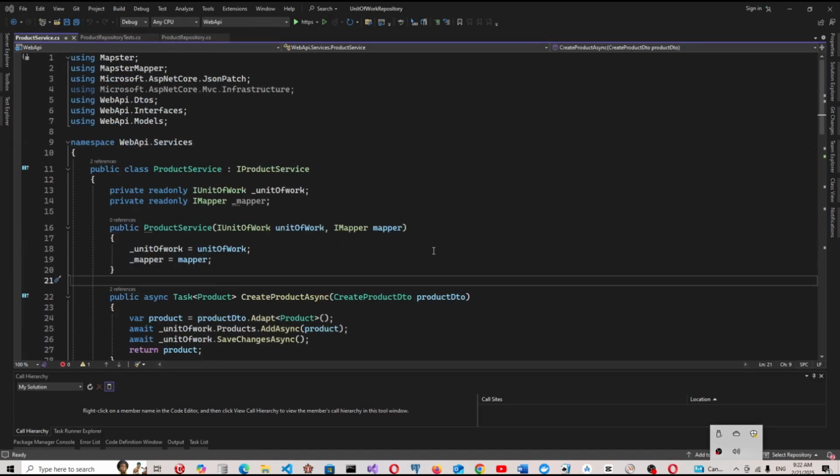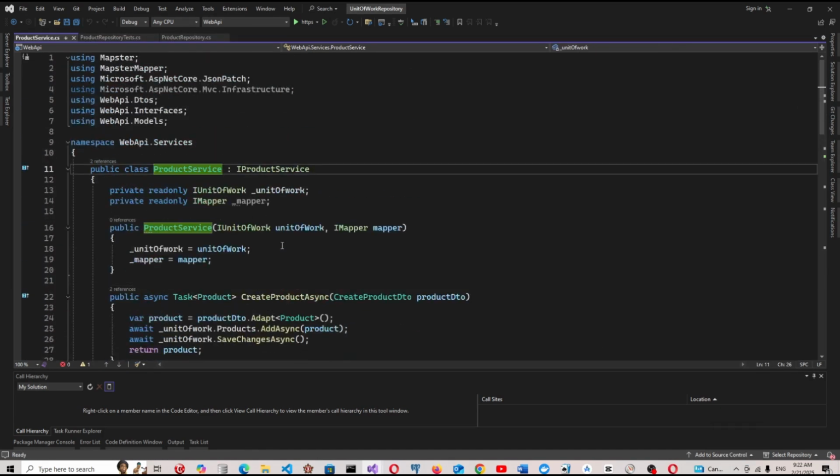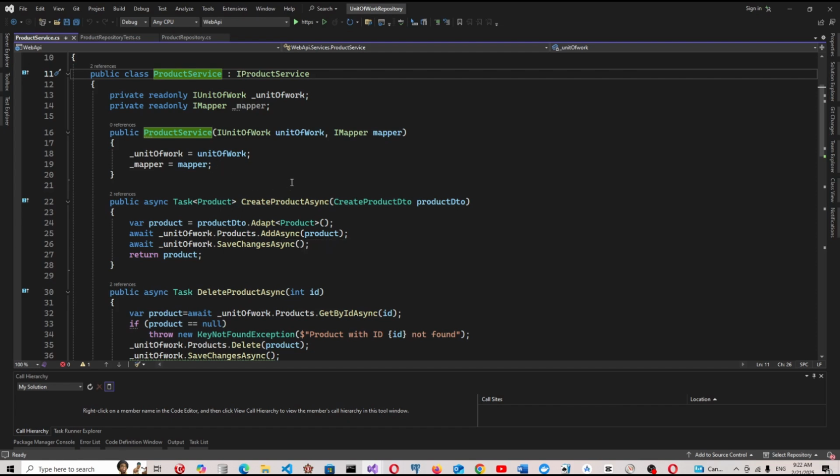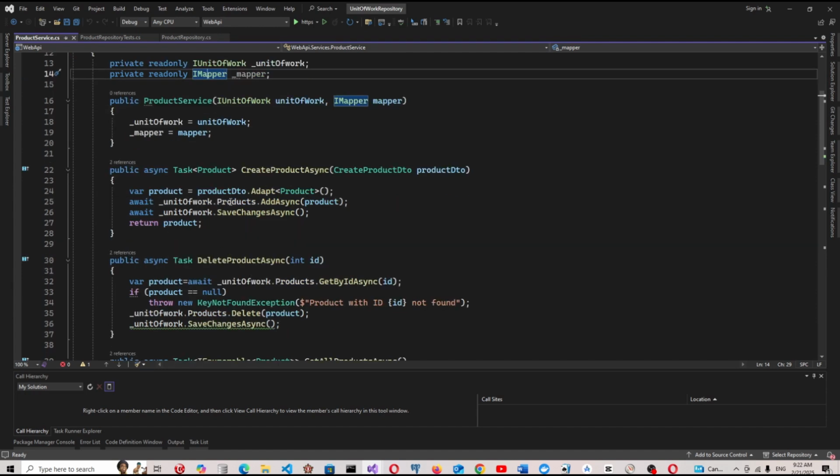Okay, so next we are going to test the product service. To test the product service, you see we have the dependency of unit of work and mapper, and also you can see we have the product repository. It needs to be mocked. So let's go